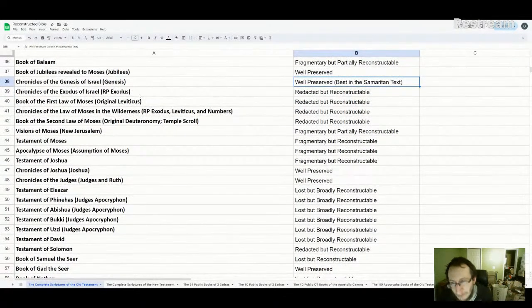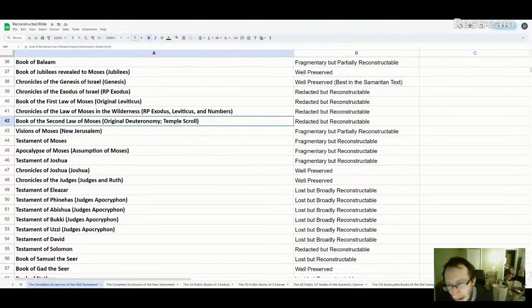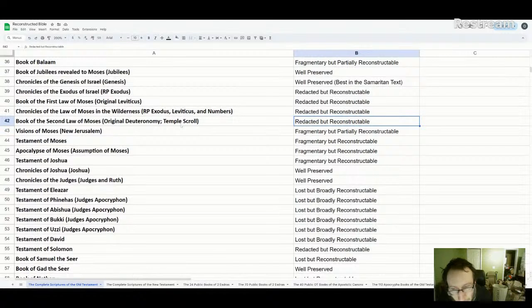Now, in the Dead Sea Scrolls, we have something called the Reworked Pentateuch. That's what it's called by scholars. I don't think it's the reworked Pentateuch. I think it's the original Pentateuch, the original law of Moses. So I've shown compelling evidence of a scroll in the Dead Sea Scrolls called the Temple Scroll being the original version of Deuteronomy. So we have the Book of Deuteronomy, redacted but reconstructible. We can reconstruct it because the Temple Scroll preserves basically the original text very well.